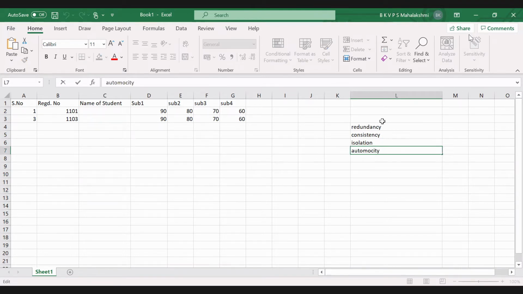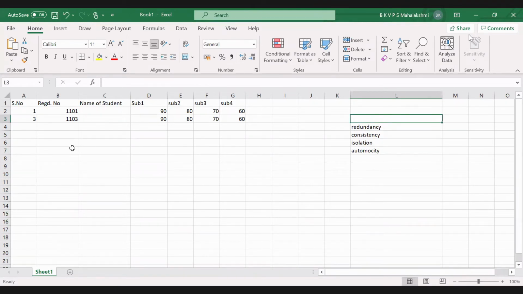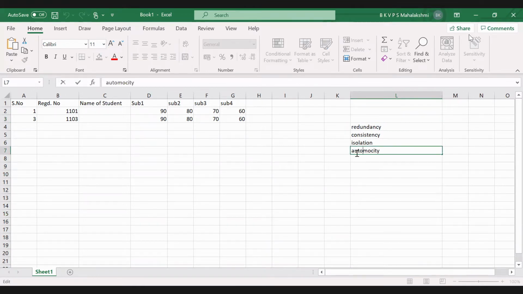Coming to the DBMS, atomicity is nothing but either all operations have to be done or not a single operation should be performed. Like for a program, a set of instructions will be there. Either all the instructions have to get executed, or none of the instructions should get executed. So this is atomicity.